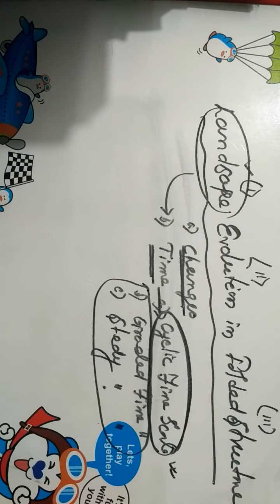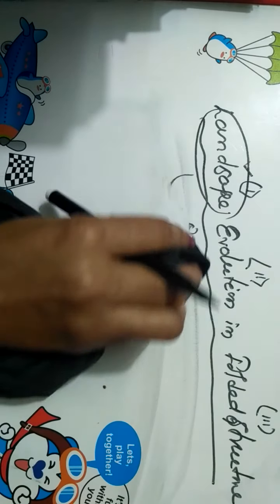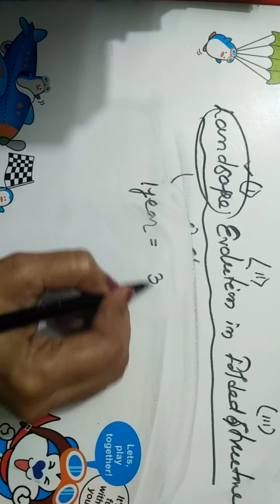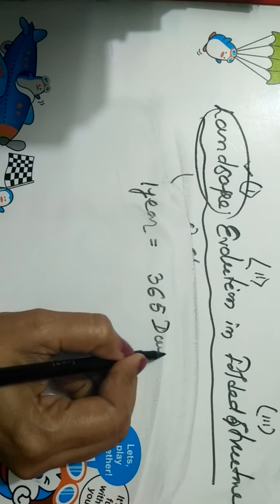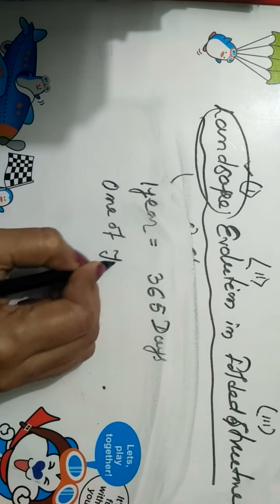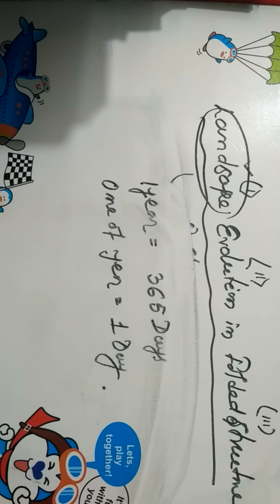Okay, normally we count a year within the 365 days. If I want to define 1 year, 1 year is equal to 365 days. It's a very common thing, but 1 unit of year is equal to 1 day. 1 day is the 1 unit of 1 year. Similarly